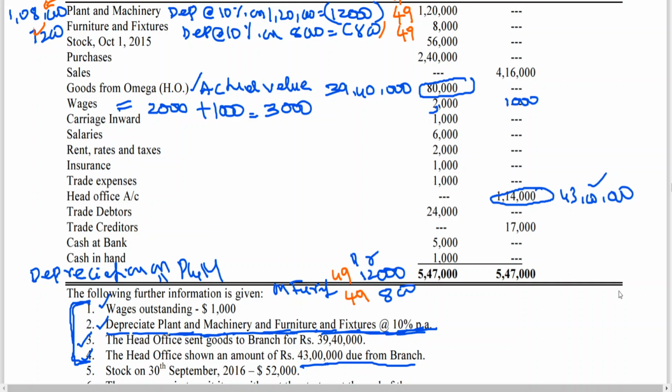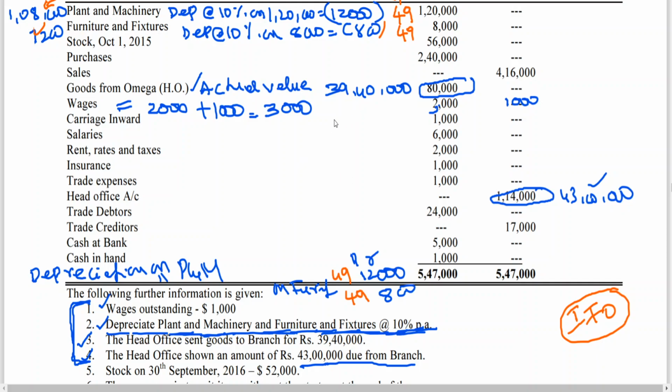I'm assuming we are following integral foreign operations and the problem is silent. Suppose even if you do non-integral foreign operation, what will happen? I'll explain that later on, how we have to convert. First, for the time being, I'm explaining that this problem is about integral foreign operations I'm working out, right?